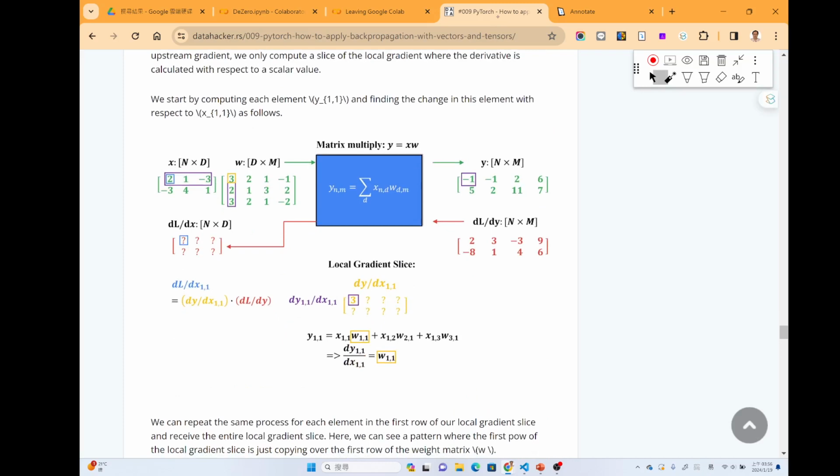So let's do it one by one. For the first entry, which is dx11, the dL over dx11, we can use the chain rule to write this down. And the first item, the dy over dx11, we can try to calculate this one.